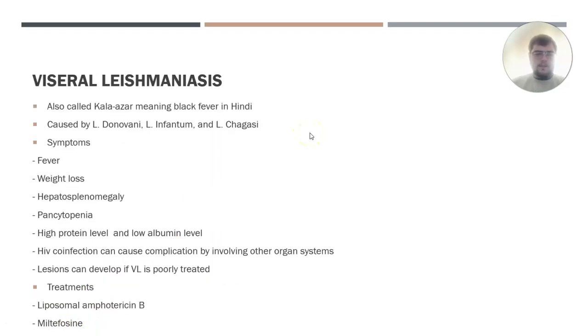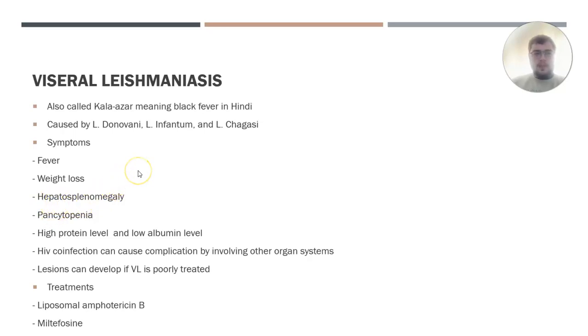And then for visceral leishmaniasis, it is also called kala-azar, which means black fever in Hindi. It's caused by 3 species of Leishmania. In the Eastern Hemisphere, it's caused by L. donovani and L. infantum, and in the Western Hemisphere, L. chagasi. And then the symptoms can include fever, weight loss or wasting,